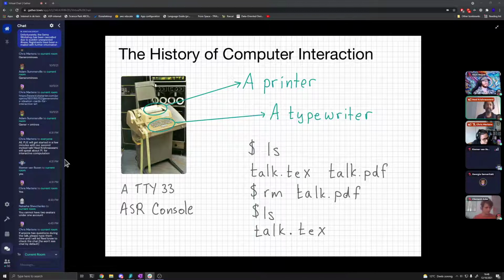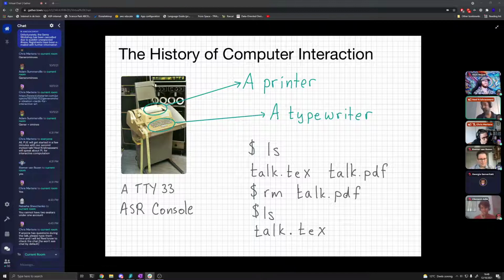And even today, when you open up Mac OS or Linux or something, you call a terminal window a TTY, and that stands for teletype. And so you type in something like ls, and it'll give you a list of files, like maybe talk.tech and talk.pdf, and then you can give it a command like rm and delete something, and then when you give it another command, it can list your files. And back in the 1970s, this little script right here would be exactly what's printed out on the printer paper. So as you interacted with the computer, reams and reams of computer paper would be used.